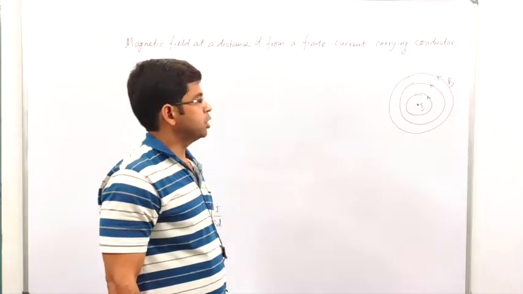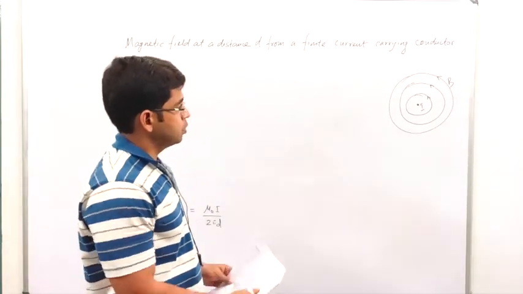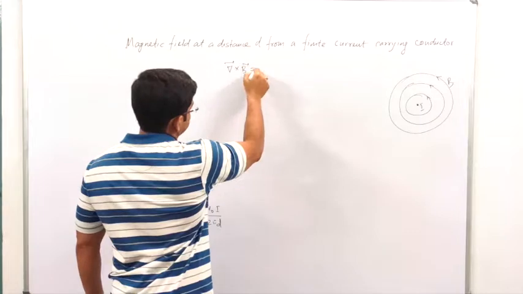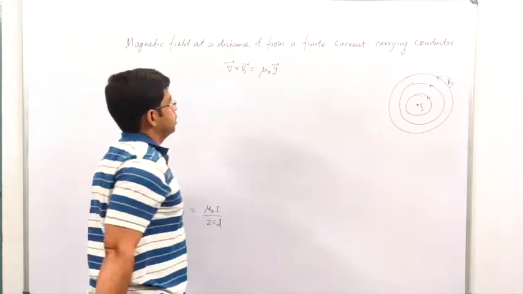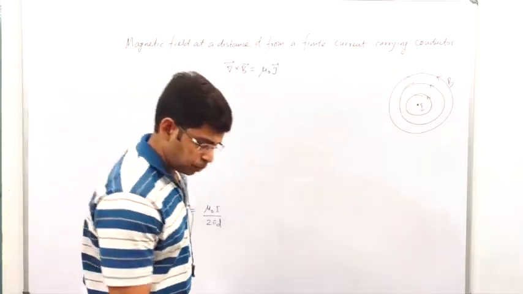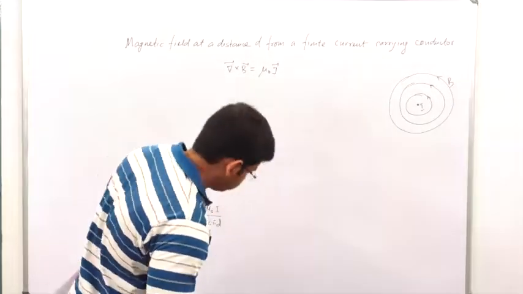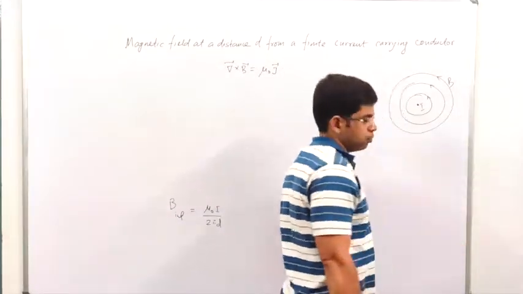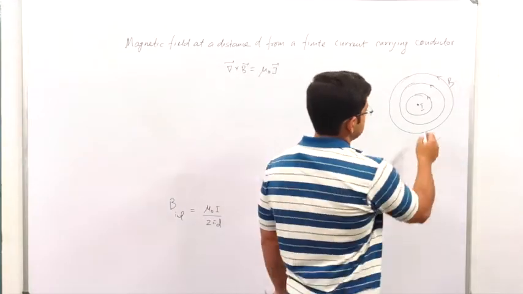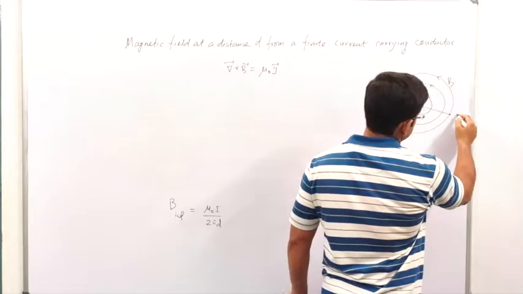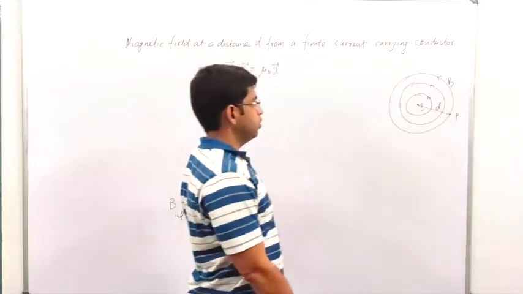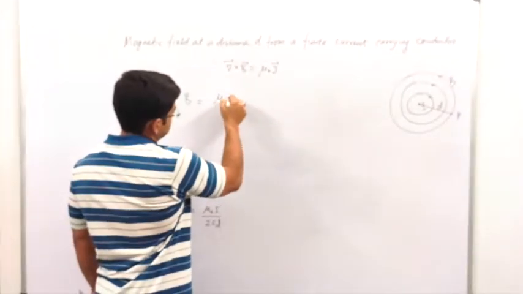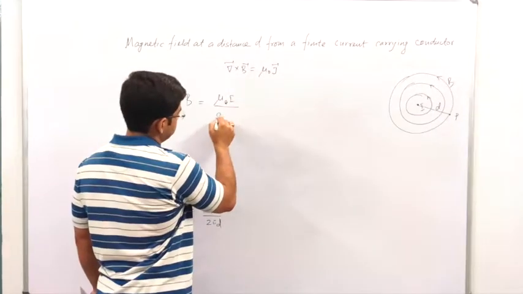Immediately looking at the picture, you will see a rotational nature of the field B. So the curl of the field B must be non-zero, as we have already calculated and discussed previously, that curl B is equal to mu 0 J. Now we know for this infinite conductor, at a distance d we have the field point P, then B at the point P is given by mu 0 I by 2 pi d,